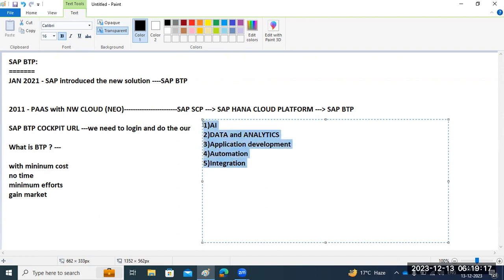These are the SAP BTP services and solutions, and they have categorized them into five different pillars. I mean to say they will call it pillars, five different services they have categorized here, right? All these services come under one BTP umbrella. Just go to the BTP cockpit, you can subscribe to it, you can use it here. All the services are brought under one umbrella.